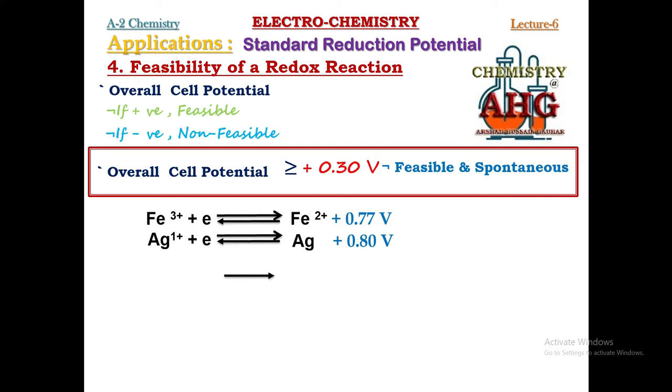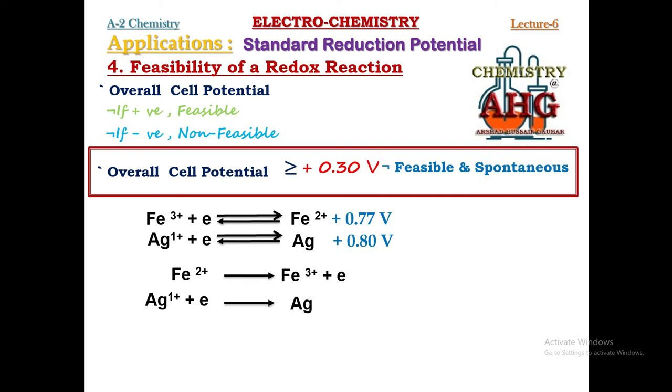Like this, you will start the reaction with Fe2+, the reaction arrow must become irreversible, and Fe2+ must be oxidized to Fe3+. It means this has become the anode where oxidation has taken place, while the silver, which has the more positive reduction potential, must undergo reduction, so its chemical equation must remain unchanged. Only the reversible arrow must become irreversible. You will not change the direction of the reaction.